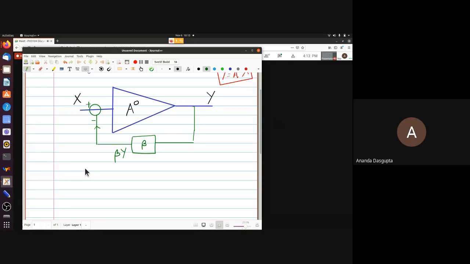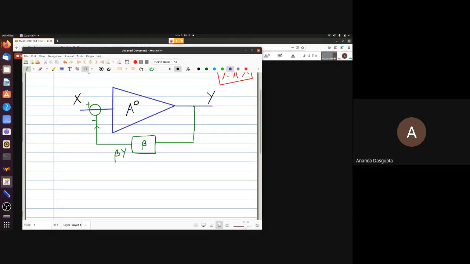Okay. So now, if you do this, what is the actual input to the amplifier? Can anybody unmute and tell me that? In this scenario, when you have connected the feedback, you have this original amplifier, and on top of that,